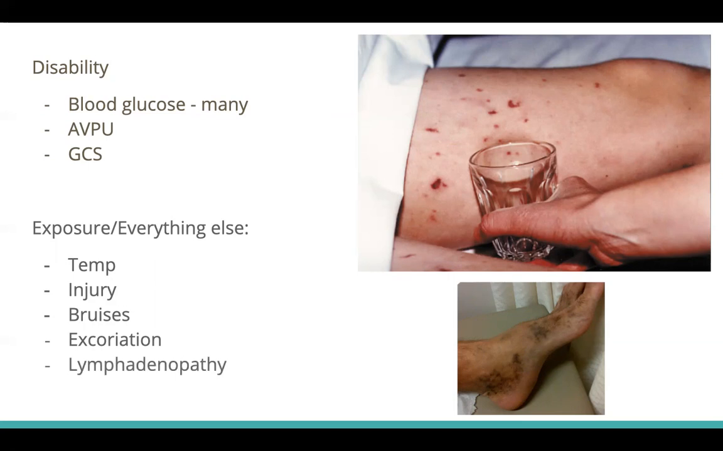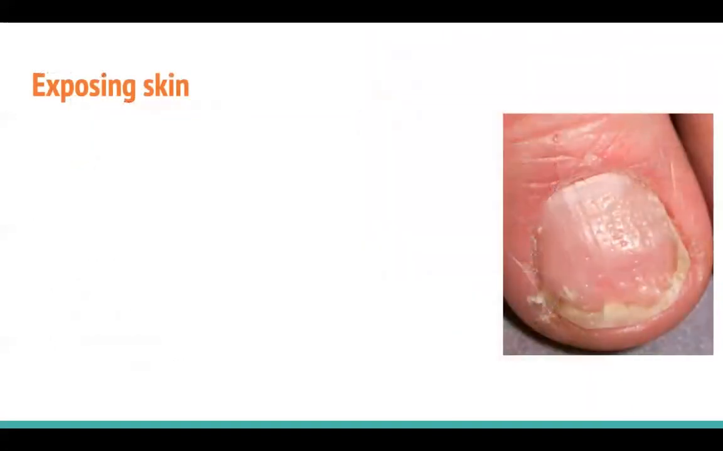Palpate for lymphadenopathy. Again, most likely seen in infection, cellulitis, and also palpate for crepitus around the rash. Crepitus is a sign of necrotizing fasciitis, and it's not common. Just speaking briefly about exposing skin, I'm just going to go through some